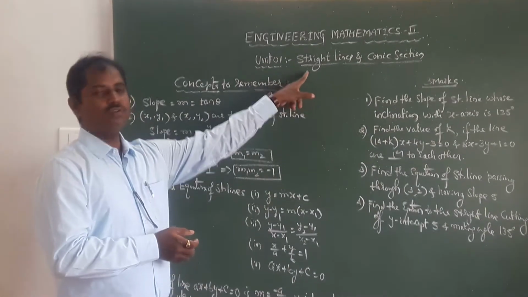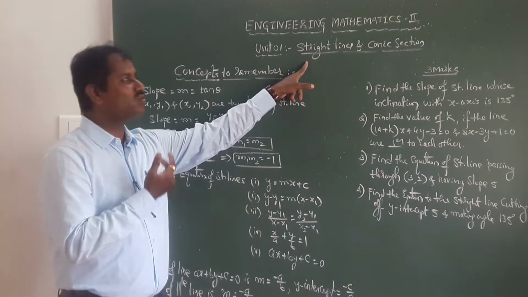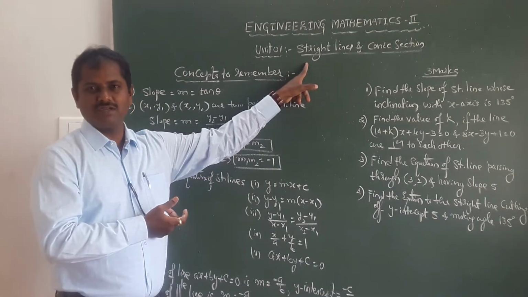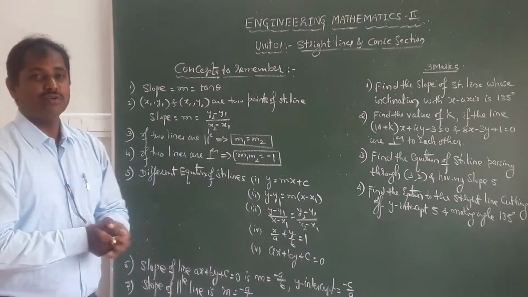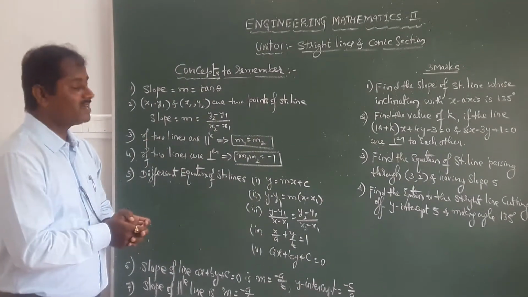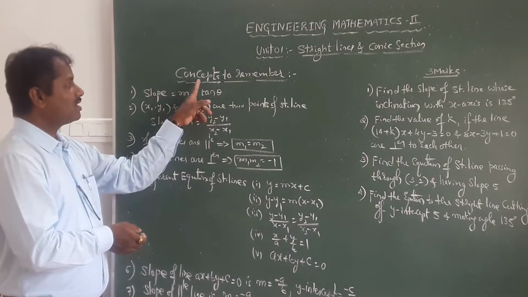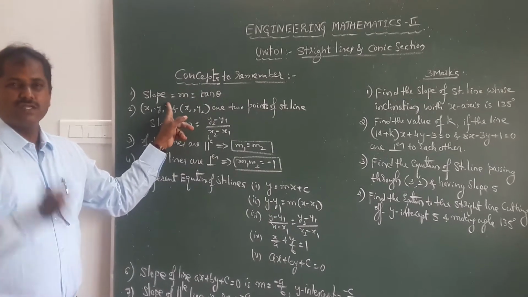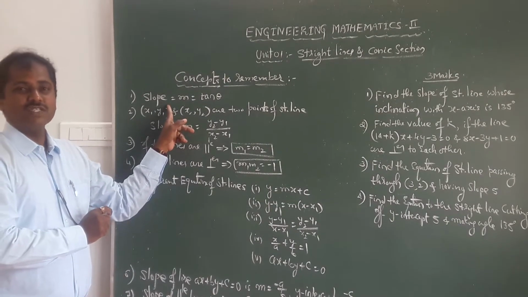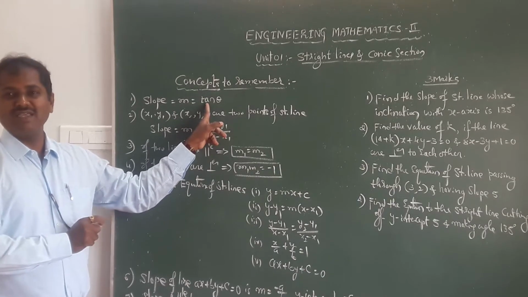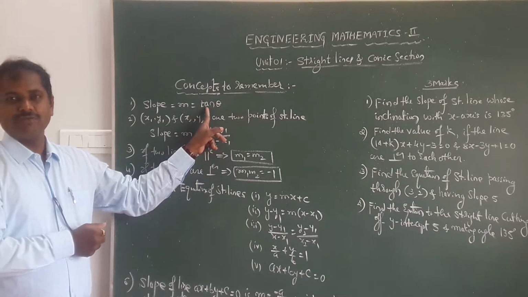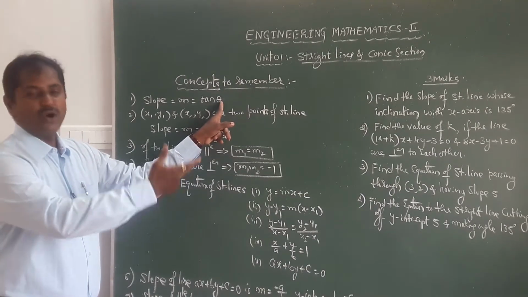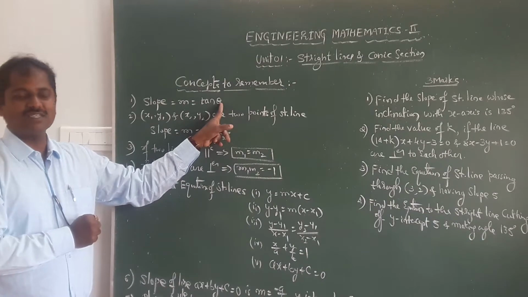So in that we are learning about unit first, straight lines and conic section. So before going to start the important questions on this chapter, let us remember the concept that is learnt under this straight lines and conic section. See, the concept to be remembered for examination is, the first point is slope of a straight line. So slope of a straight line is always given by m is equal to tan theta, where theta is an angle of inclination along the direction of positive x-axis.